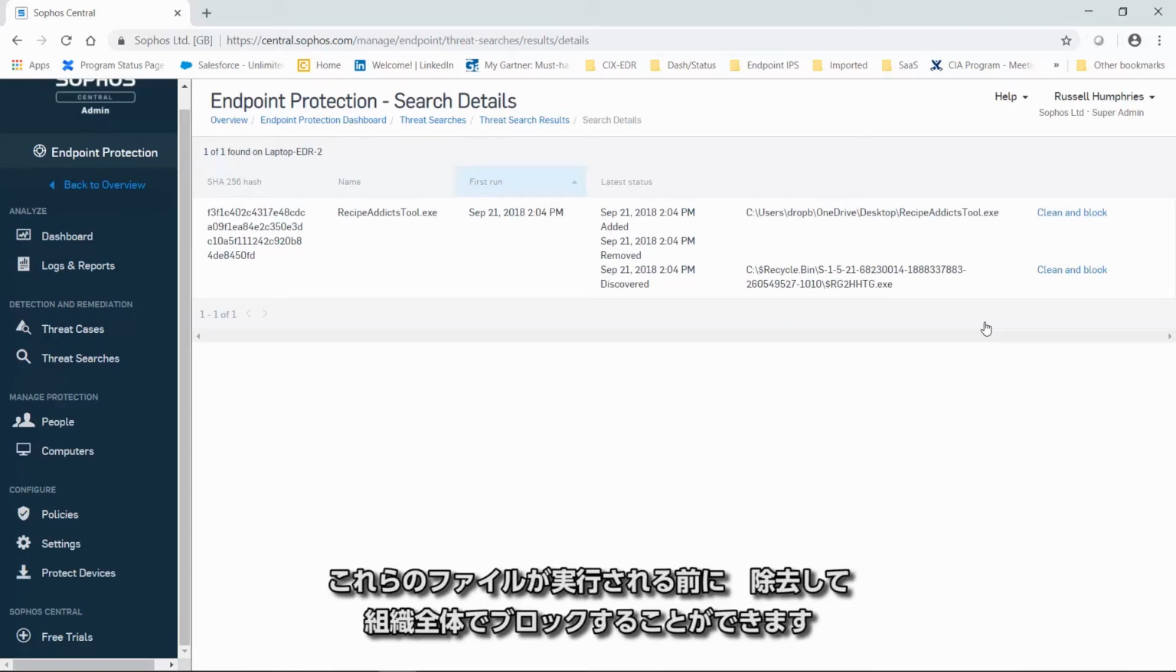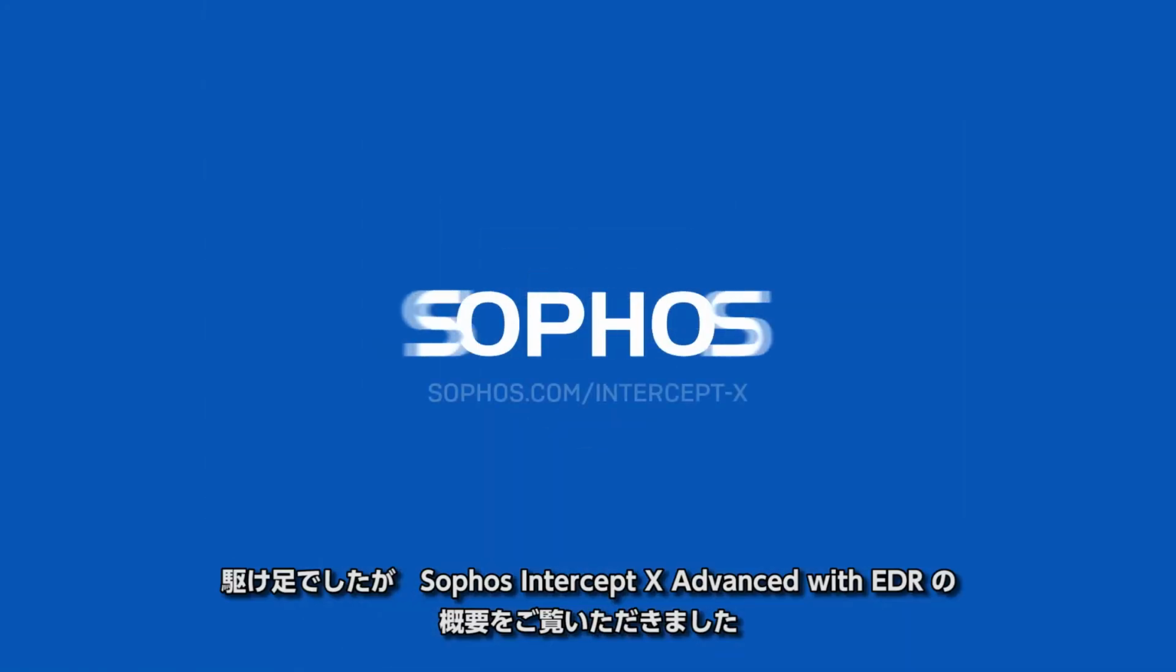So before it has even had a chance to run, we can clean it up and block it across the entire estate. So that's a quick look at Sophos Intercept X